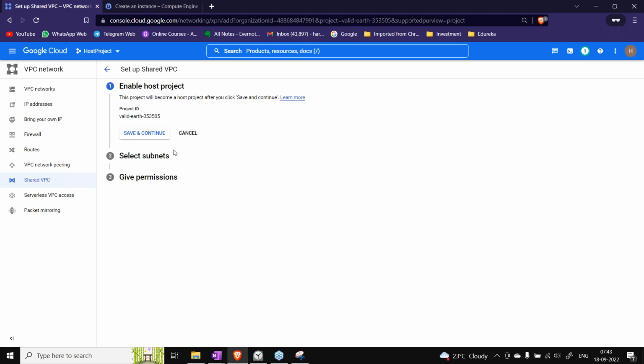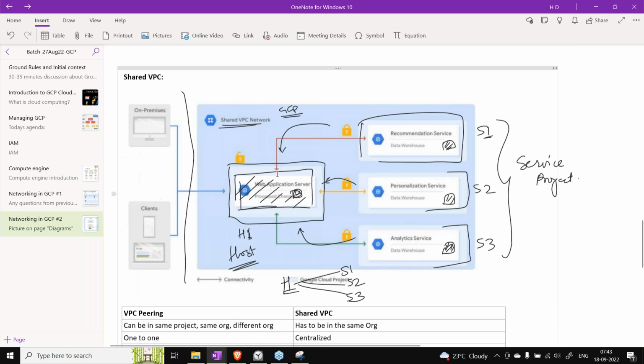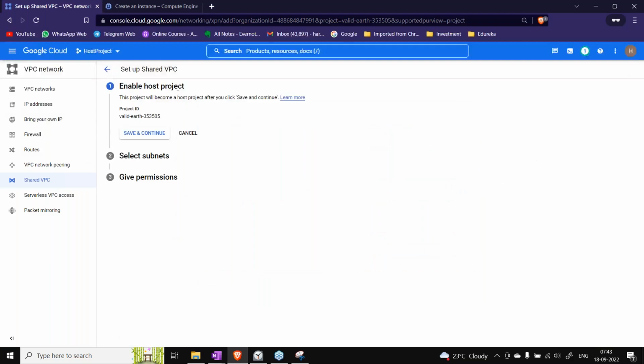Can you first show how to connect the service project and host project? For that, I have to first create a VPC. I'm not going to attach these projects directly, right? So that is a part of this particular demo. We are not yet connecting the host and service. It's a part of this entire setup itself that will connect these two projects. Those are still not connected to each other.